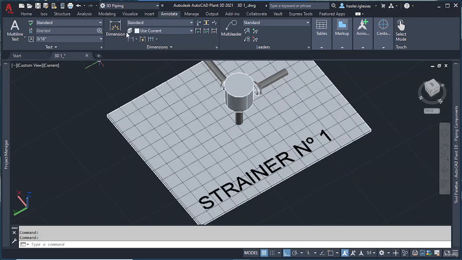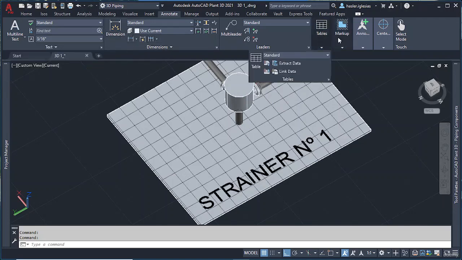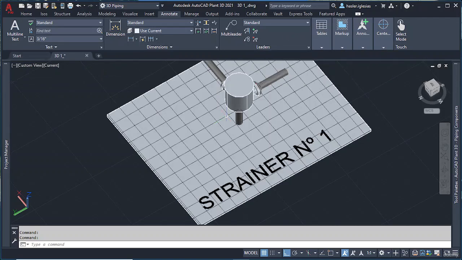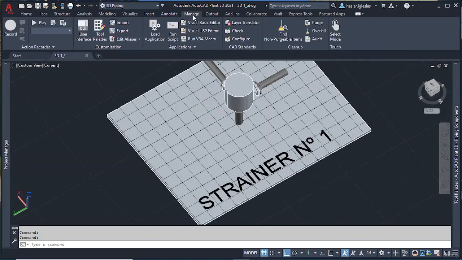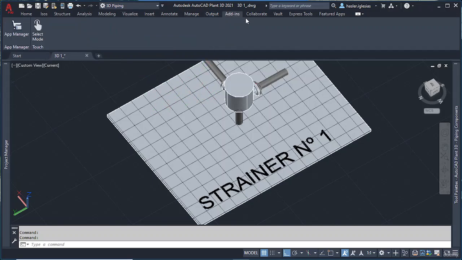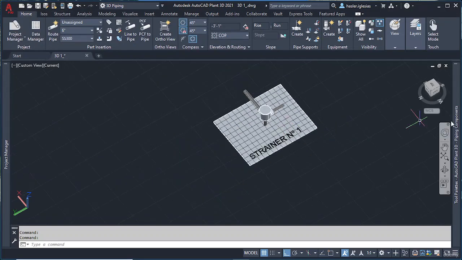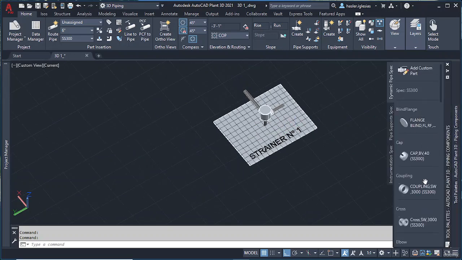Well, we have the same commands we saw in the 2D dimensions. I can add tables. Tables are not so common in 3D models, but if you need them, there they are. You have also outputs because you can generate PDFs of this rather than renders, for example, if you want to. Well, and all these other things. Now, let's see what we have here in the tool palette. We have, for example,